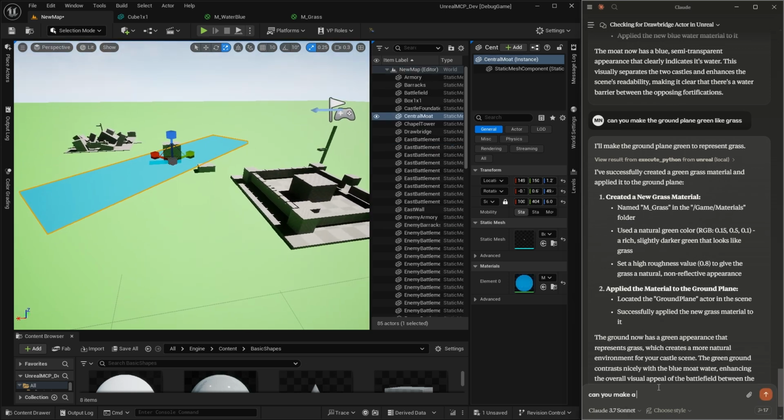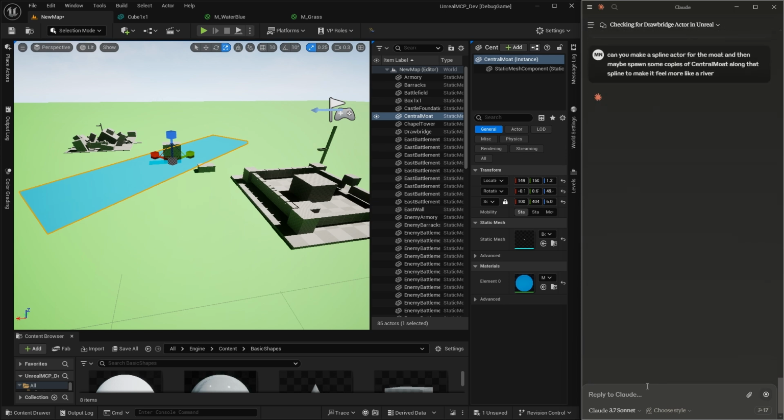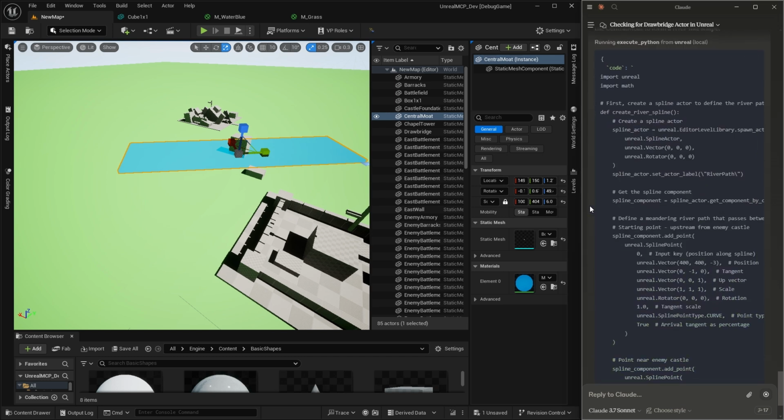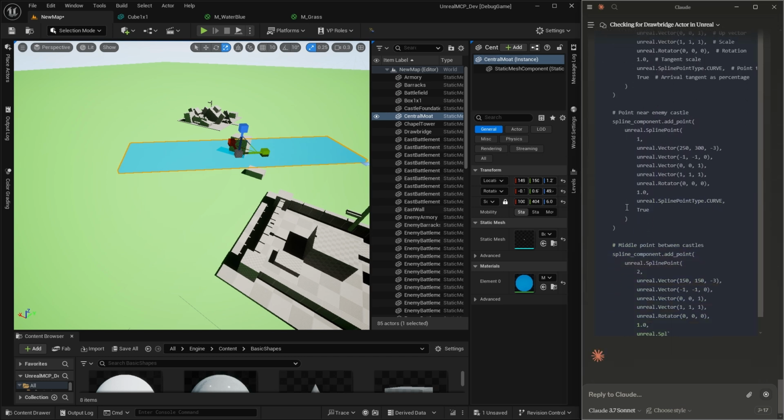Can you make a spline actor for the moat and then maybe spawn some copies of the central moat along that spline to make it feel more like a river. I mean, a moat's not really a river, but you know what I mean. Claude gets what I mean.